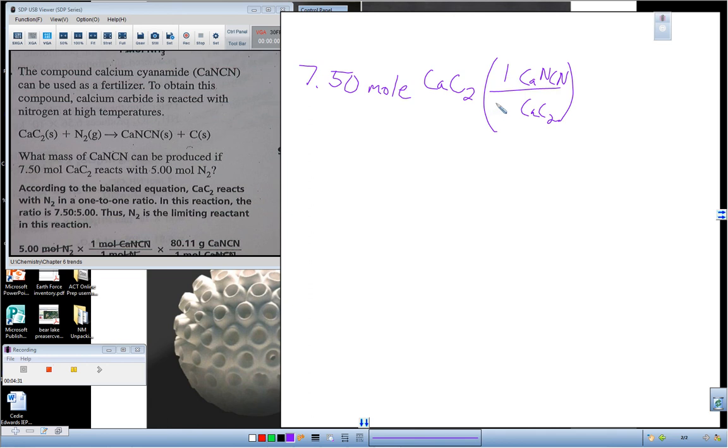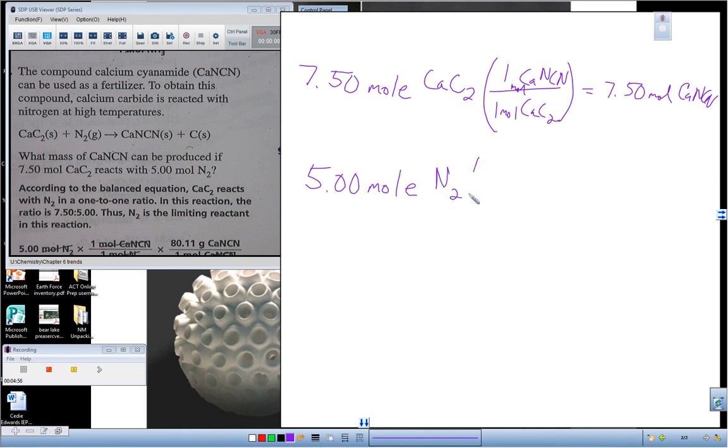It's 1-to-1, isn't it? 1 mole gives you 1 mole of this. And so you could say I have 7.5 moles of product. It's a way to use your equations to double check that you've got the right limiting reactant in your hands. 5 moles